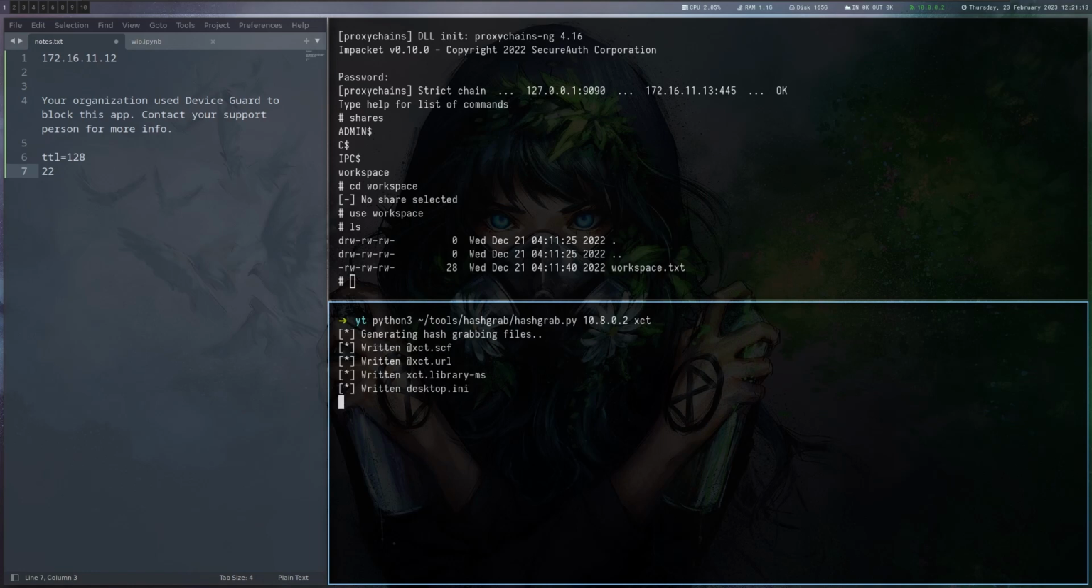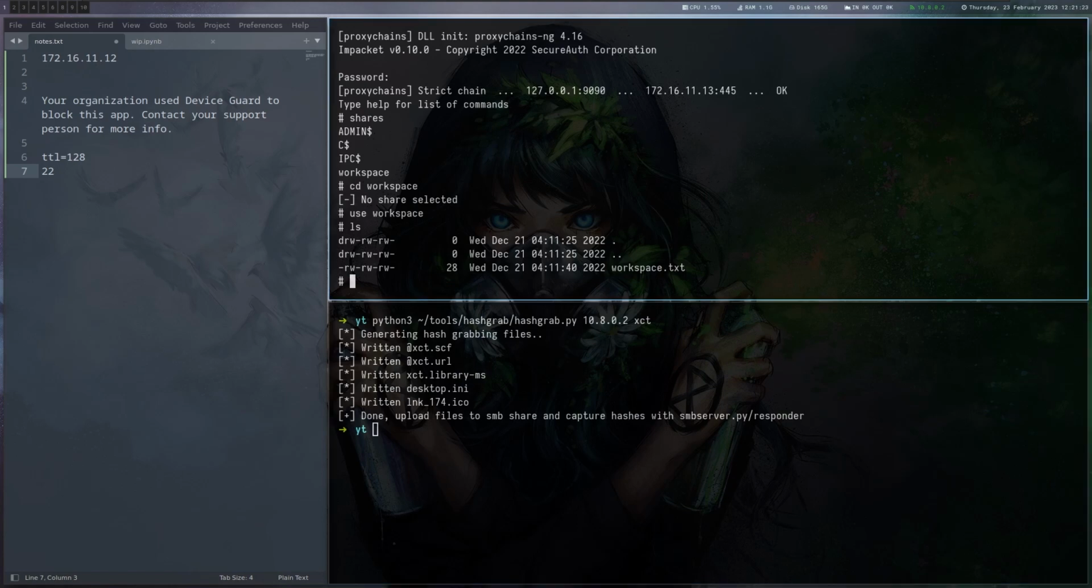I'm going to use that one. If we do it like this, it basically generates a couple of files for us. SCF, URL, library-ms, desktop, yeah, you can see lots of different file formats, right? So now we can just put them there. So let's do it like this. And then when the user that's using this workspace is opening this in Explorer, we might